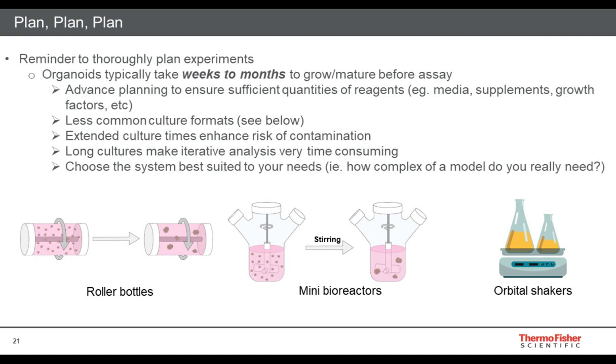Another part of this also has to do with what we called earlier the less common culture formats. The use of roller bottles or mini bioreactors or spinner flasks, or the use of orbital shakers. Maybe not always in the form of flasks like shown here. Sometimes they're orbital shakers that you would put in your incubator, on which it's a flat platform, so you can lay various types of dishes in there for agitation to help with the feeding and long-term growth of your organoid